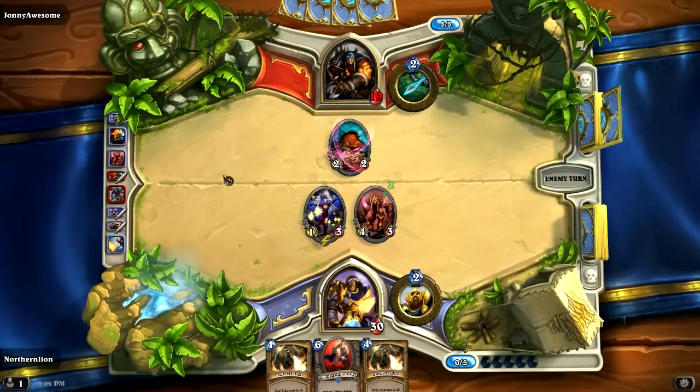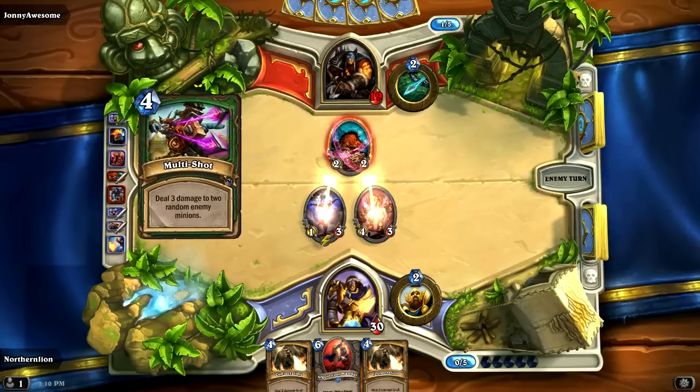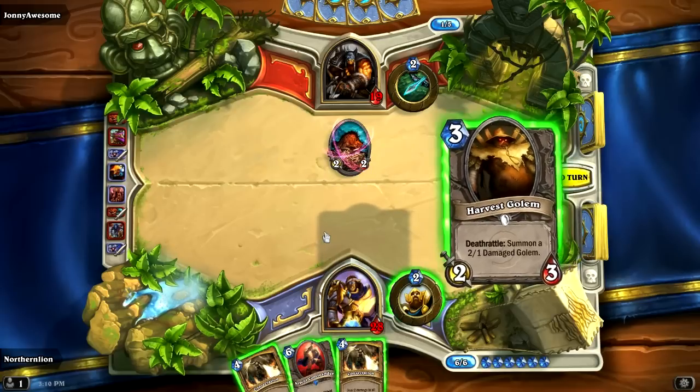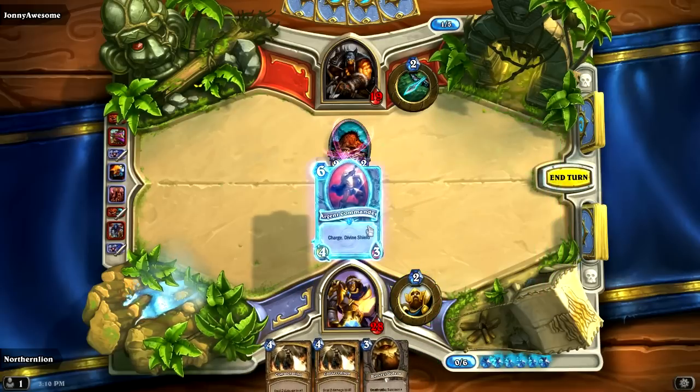And next turn we have Consecration, Silverhand Recruit, or Argent Commander, which are both pretty good. You know, if he has to use a Multi-Shot on that, did we get the value out of it? Maybe, maybe not. I'm fine with it, though. So, in this case, Harvest Golem's pretty good, but I would much rather just take out the...